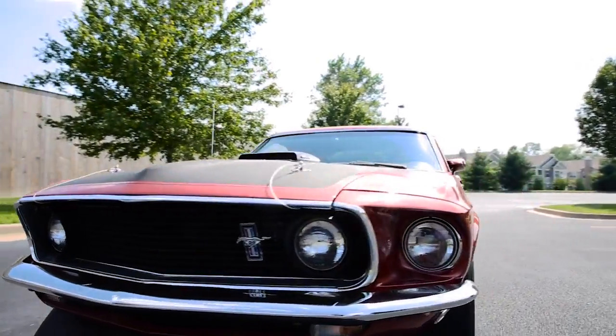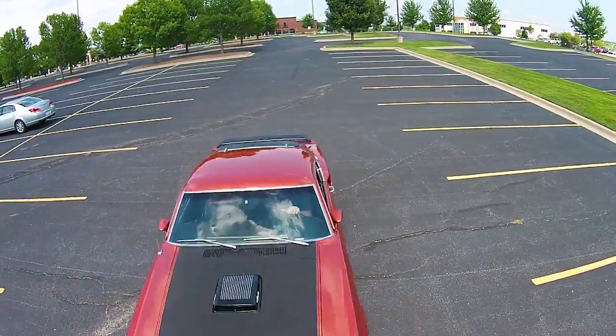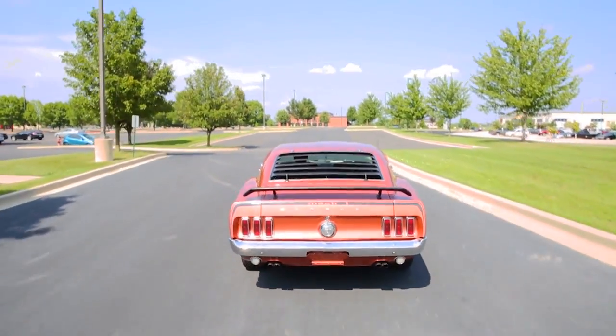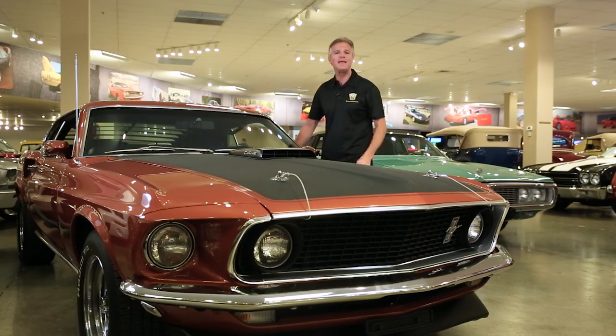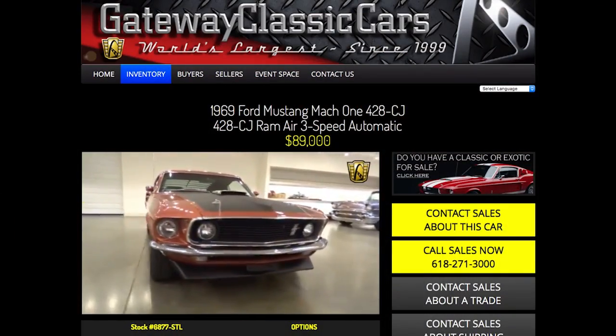Fitted with AC, tachometer, an automatic transmission, an AM radio, and oh boy, let's not forget the 8-track player and that roaring fast 428 Cobra Jet engine. This awesome ride is car show ready and waiting for you to drive. See a ton of pics, a full video, and a great price at